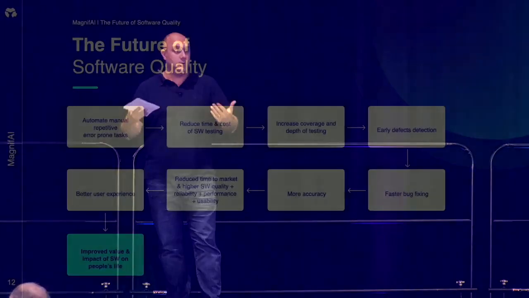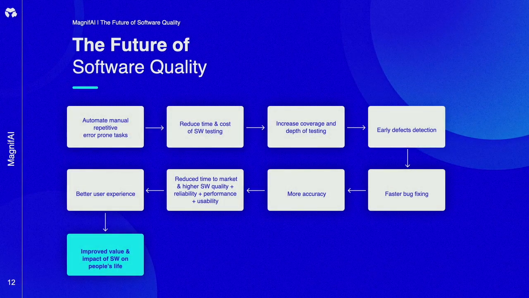Then we will be able to detect defects earlier, and we will be able to fix those earlier too. So we will be shifting definitely left the detection of the bugs and the fixing of the bugs. That is going to be also saving cost. Then we will have more accurate software. We will be reducing time to market and improving performance, security and reliability because we will be gaining time to perform more tasks that we normally didn't have enough time to do.